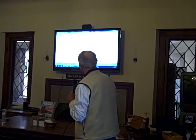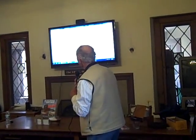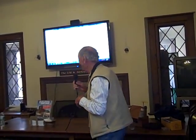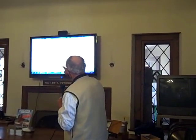So this would be the center plank. Next one. This would be the side plank. As you can see, the side plank is a little more complicated, but not much, because the principle is exactly the same. They say the baseline